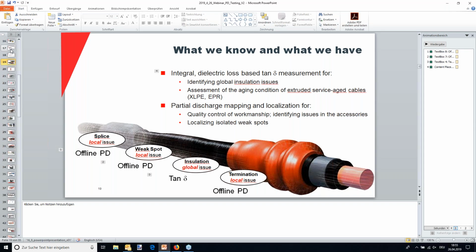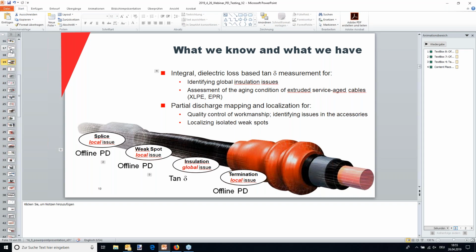You might see corona a lot from your connection point because it's not yet installed with accessories. But in the cable itself, on the PD test, you don't expect to see much. It doesn't have water trees, so no electrical trees from the aging, and it should not have anything in there. What you really want to do is the PD test as an acceptance test when the cable is fully installed, and you want to combine it with a VLF test